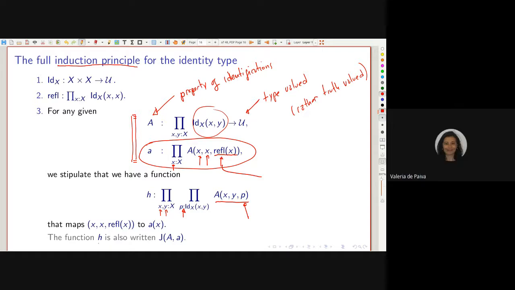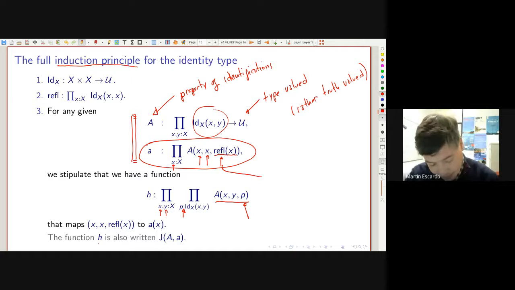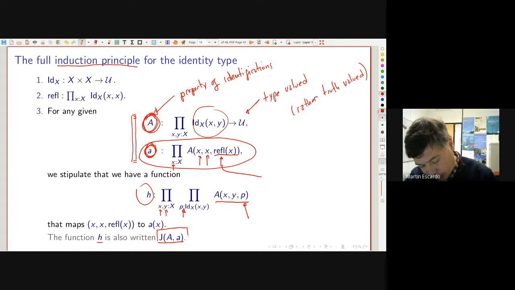Thank you. And okay, so the data to define this function h was the function a, sorry, the binary relation a, and the witness that it is reflexive. And then from this data, you can form a new function, and we're going to write it J, capital J, AA. That's the terminology that Martin Löf used, I think, presumably because in Swedish, the word for identity begins with the letter J. I'm not absolutely sure, but I think it might be.